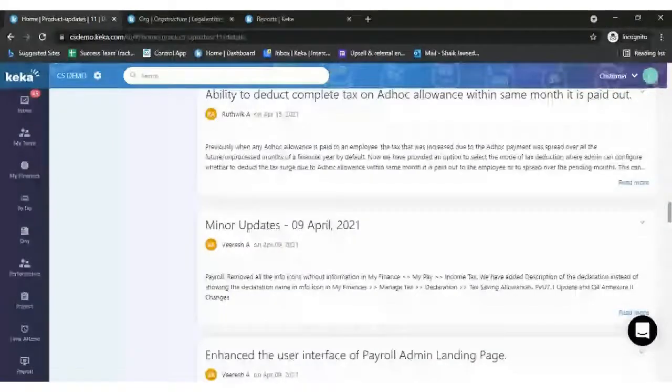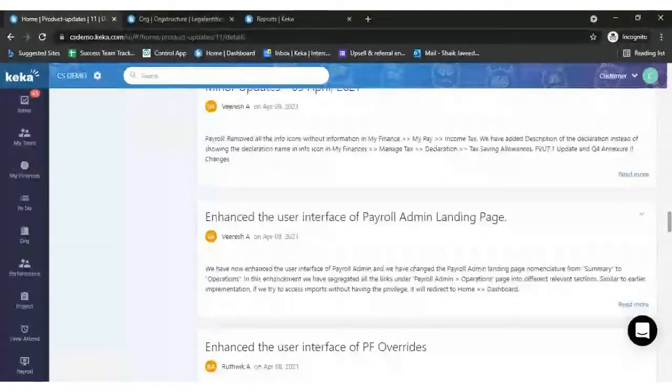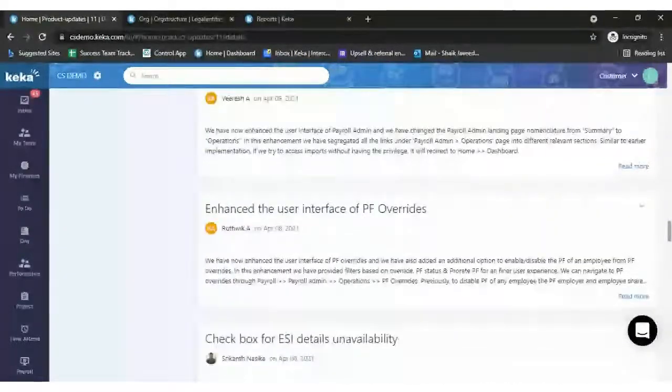In this short span of time, we would not be able to cover every single page in detail, so we'll go through all the features in a single go.